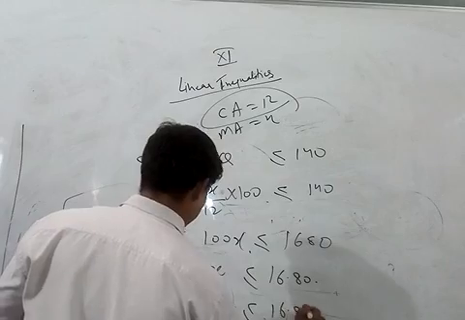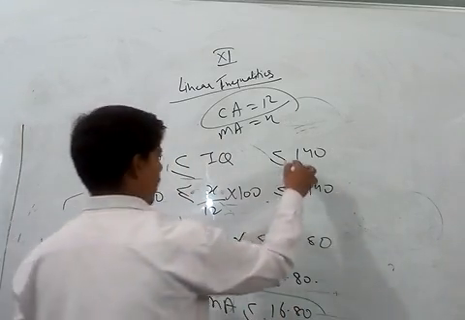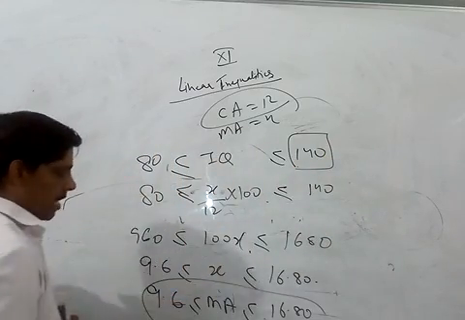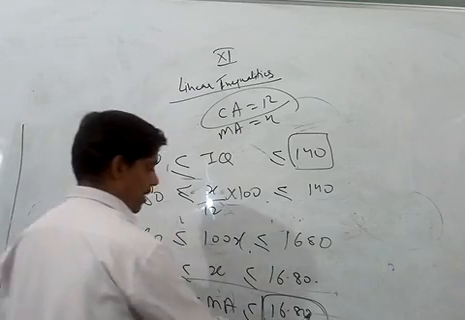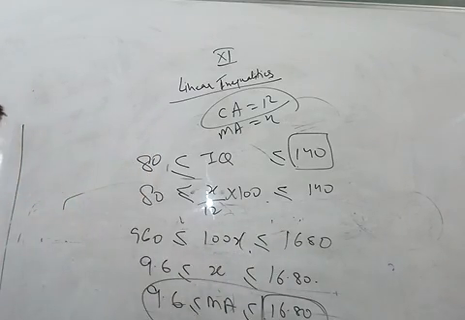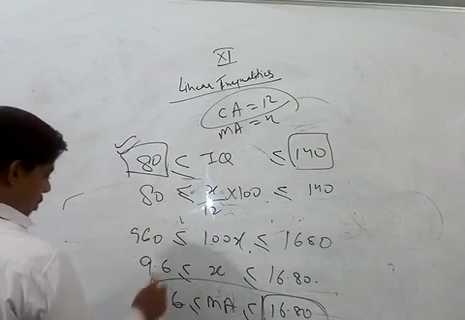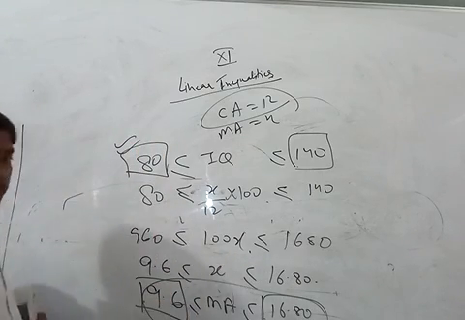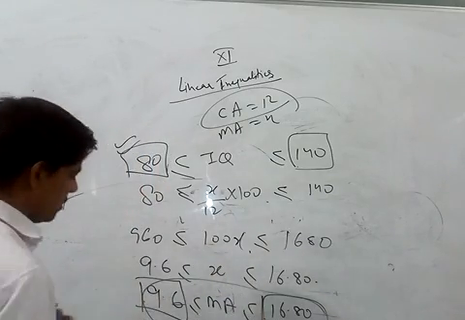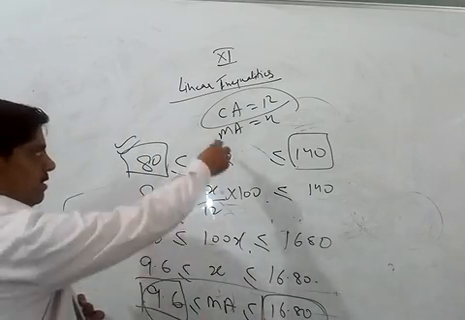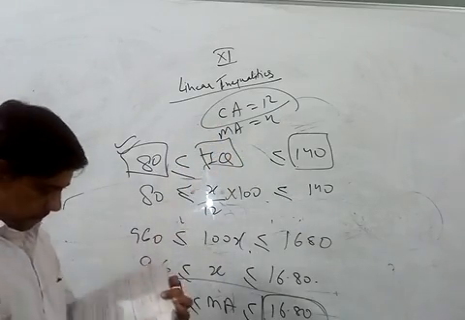So your mental ages for these two persons, these two ranges lie between, अगर किसी की IQ 140 है तो उसकी मेंटल एज, वो 12 इयर्स का है तो भी मेंटल एज उसकी 16.8 इयर्स है. और अगर किसी की IQ 80 है, वो 12 इयर्स का भी है तो भी उसकी मेंटल एज 9.6 इयर्स है. So that is the range of mental ages, right? And CA is chronological age and IQ is intelligent quotient, right?